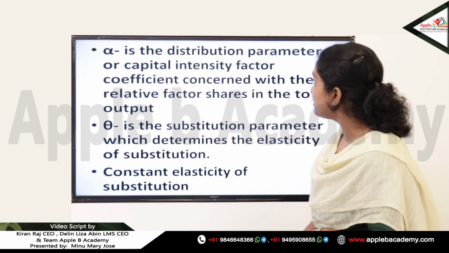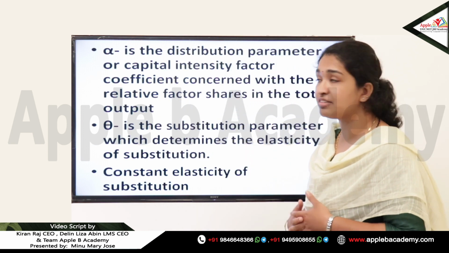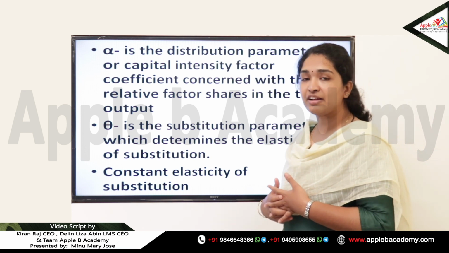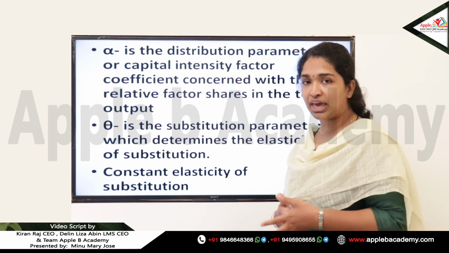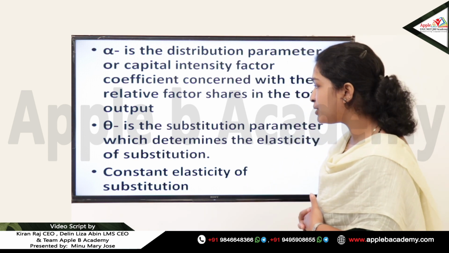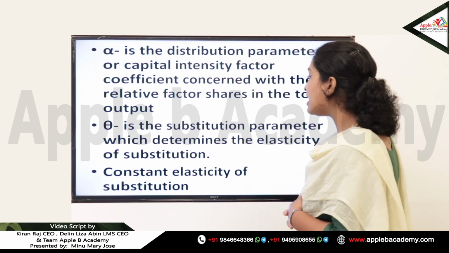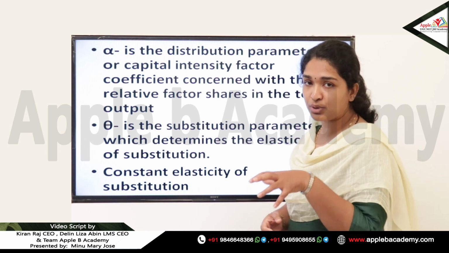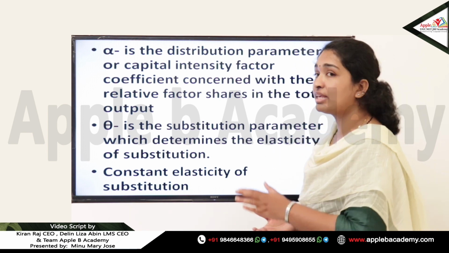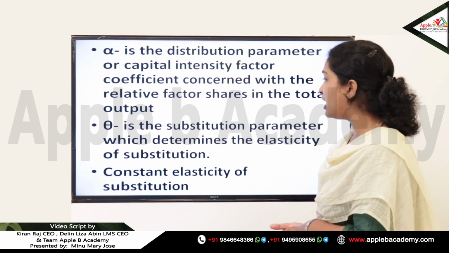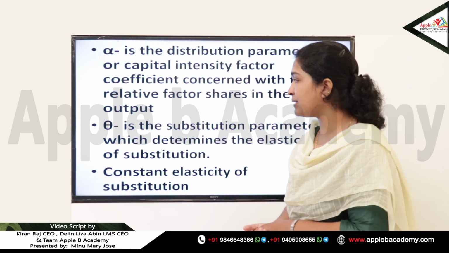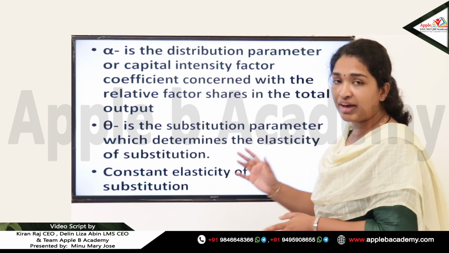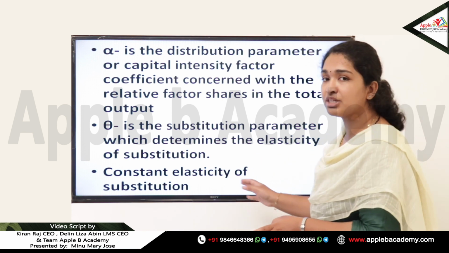Again, alpha is the distribution parameter or the capital intensity factor coefficient that is concerned with the relative factor shares in the total output. Alpha is the distribution parameter related to capital, and theta is a substitution parameter which determines the elasticity of substitution. So we have to remember what each name corresponds to. Alpha shows the distribution parameter or the capital intensity factor coefficient, and theta shows the substitution parameter,